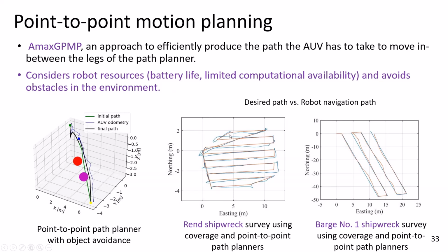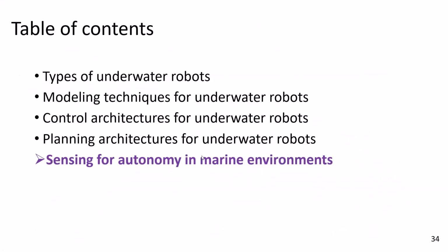However, when we are deploying our robots, because there's some water currents, some discrepancies, that's not necessarily going to be very, very smooth. So you will see discrepancies between the actual behavior of the robot and the ideal path that the robot should take. So lastly, we are doing this, we develop these algorithms, but the next thing is like,